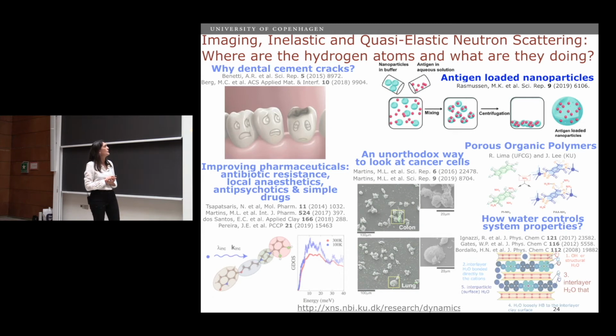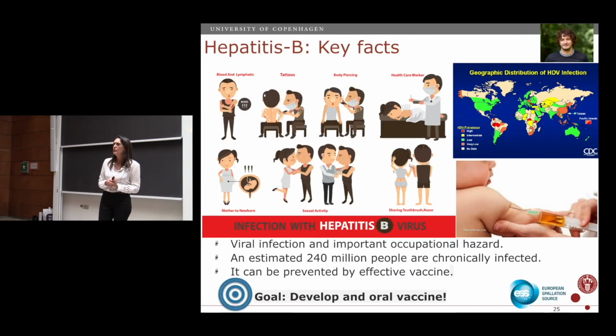So in the case of the antigen loaded nanoparticles with vaccines, what was our interest here is that we don't want needles. We want to be able to deliver vaccines or drugs with modified delivery systems. But to do that, we need to be able to understand how a drug interacts when it's confined somehow and what is really happening in this confinement. Neutron scattering is very good because neutron scattering can deeply penetrate in a sample. And neutron scattering is also very good because I can see the hydrogen.